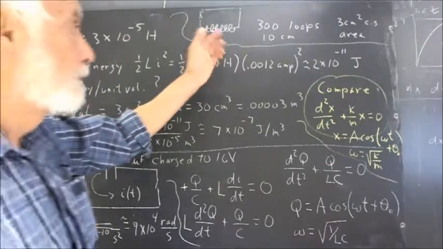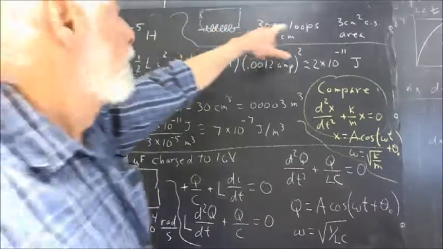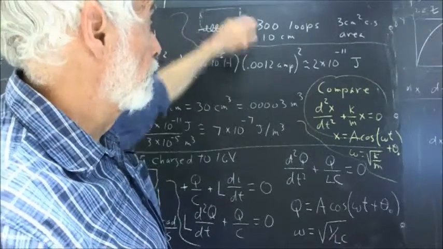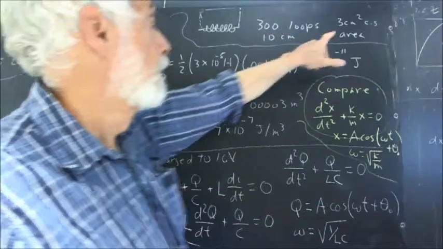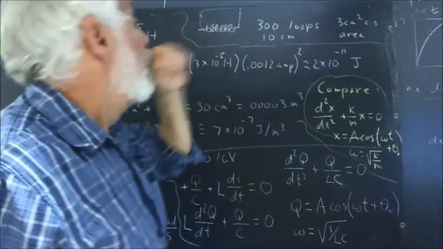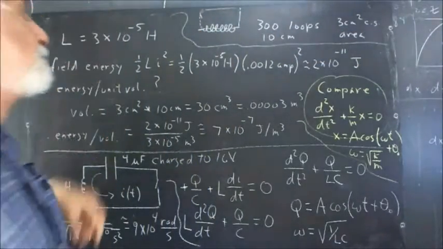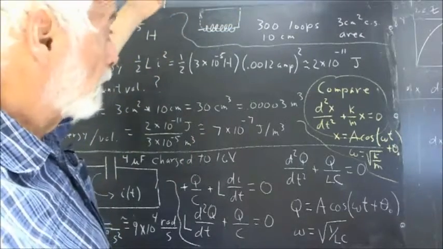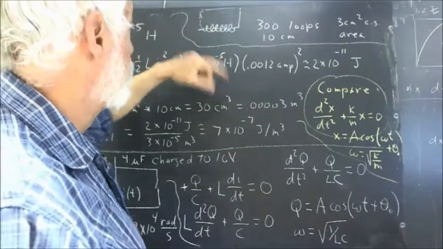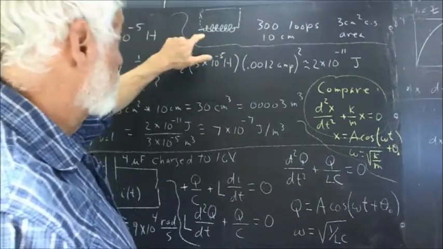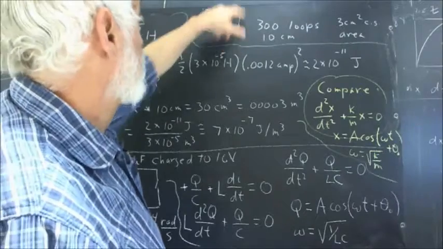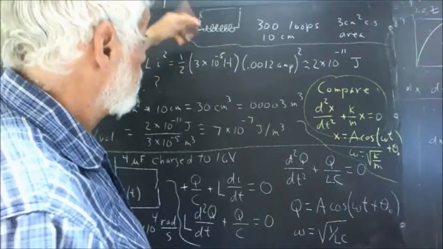Okay, recall that we had an inductor consisting of a coil of 300 loops over 10 centimeters with a 3 square centimeter cross-sectional area, and we calculated a magnetic field based on the assumption that the magnetic field was uniform along the x-axis between 0 and 10 centimeters, and the contribution of the rest of a loop would be 0,